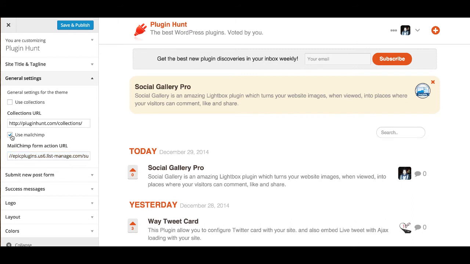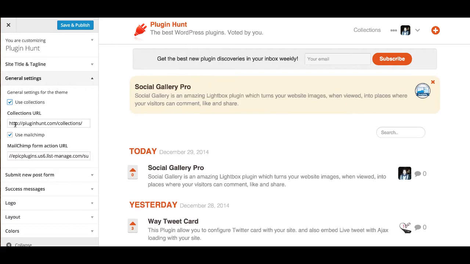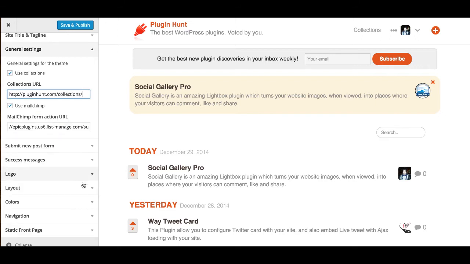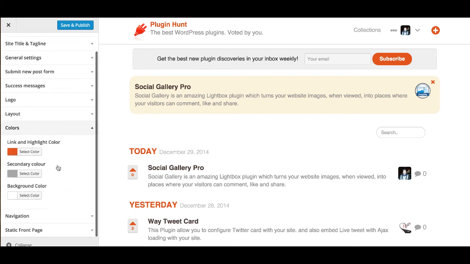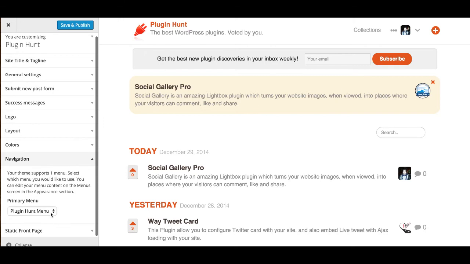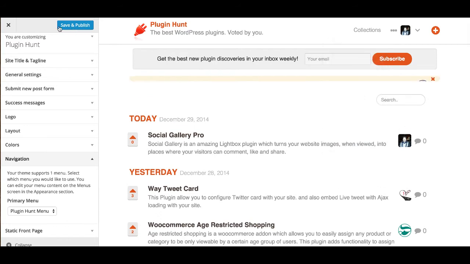So that's use MailChimp, so I'll leave that ticked because I want to leave that on. And then collections is the new feature, so if I tick that, you'll see collections appears. And collections URL is there, and I'll show you what that is shortly. Everything else is the same, so you can change your layout, you can change your colours, if you want slightly different theme colours, and then the new one, you've got your navigation, so I've just got plugin hunt menu, which is the one here. So if we save and publish that,